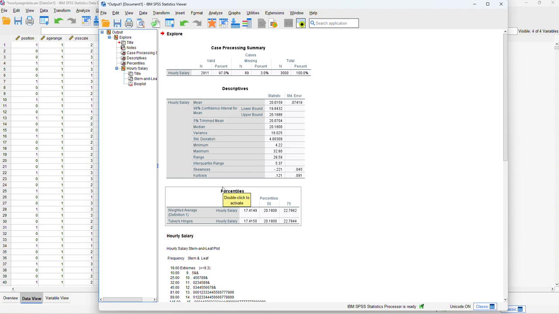So now in my output window, I get the descriptive statistics table. Notice that the mean is 20. So $20 is the sample mean. And then SPSS is going to calculate a T confidence interval for the sample mean. So it relies on the sample mean and standard deviation instead of the population mean and standard deviation. So this confidence interval is between 19.8 and